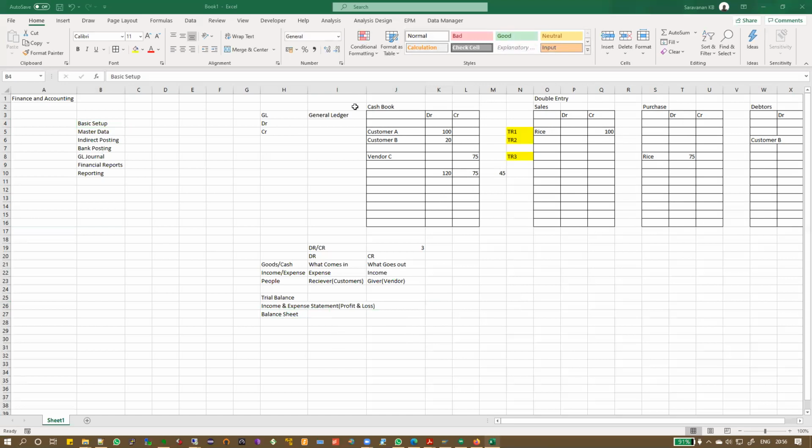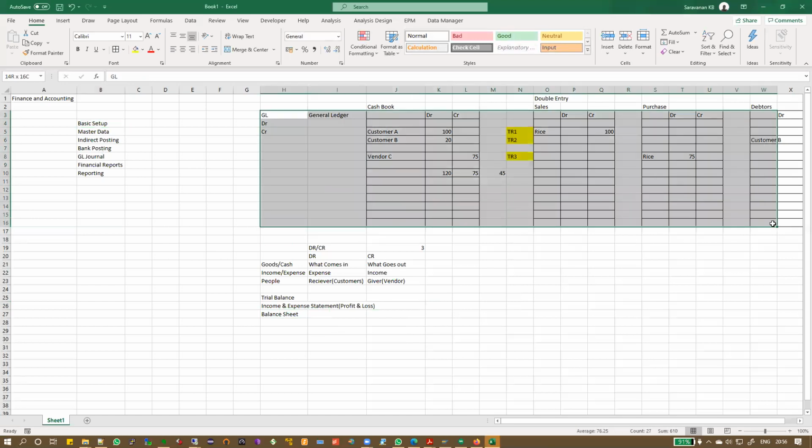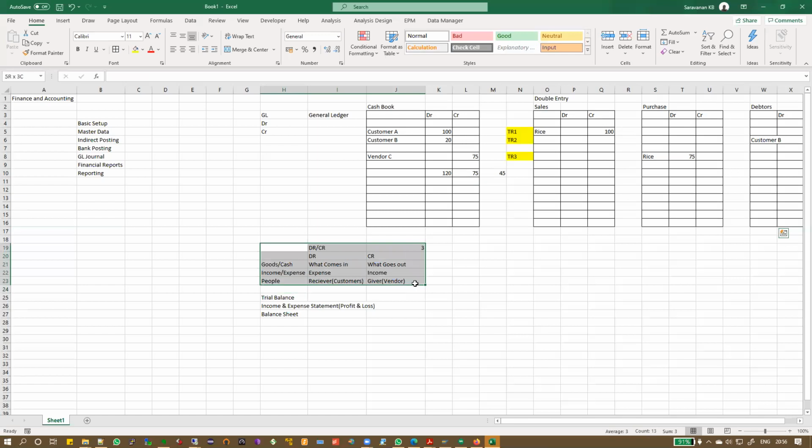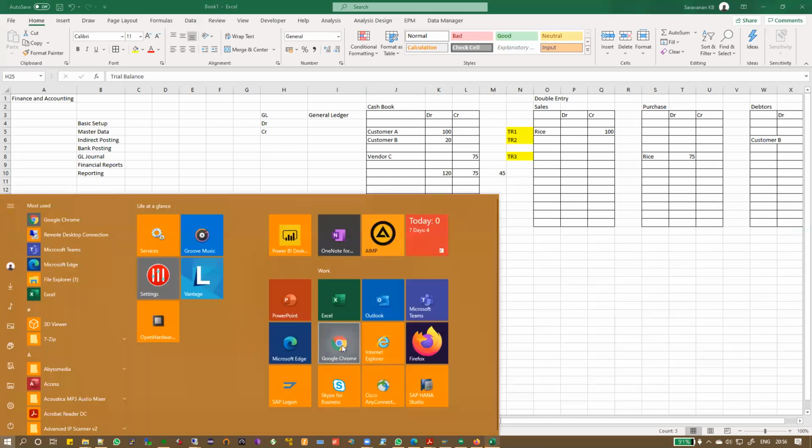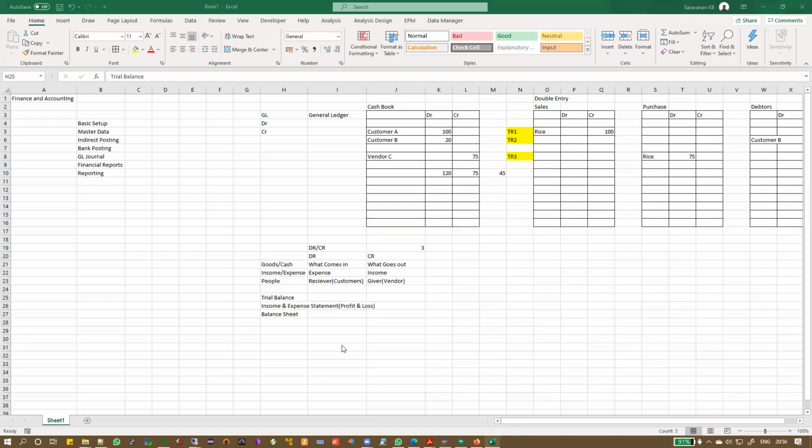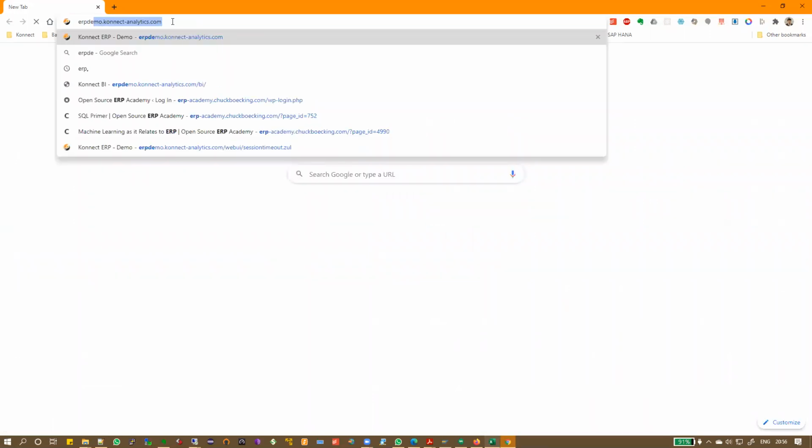So far, any doubts on what is debit, credit, what is general ledger, what are the 3 rules of accounting of debit and credit, and what are the important key financial statements? Okay. No, okay, sir. All right. Okay. So now let's go into the system. Enough of theory. Let's look at practically inside the system. Okay. So now I'm logging on to our demo system.